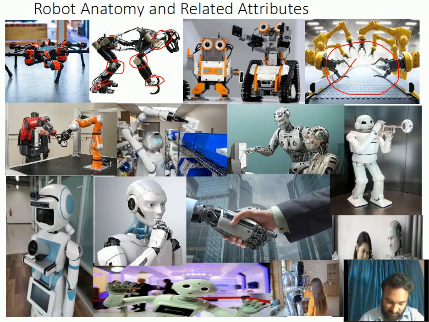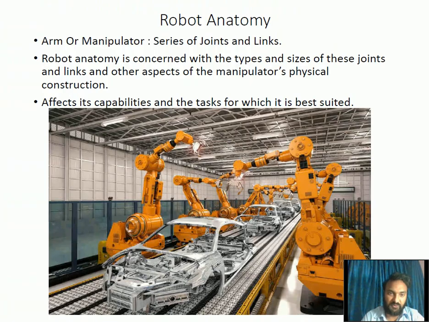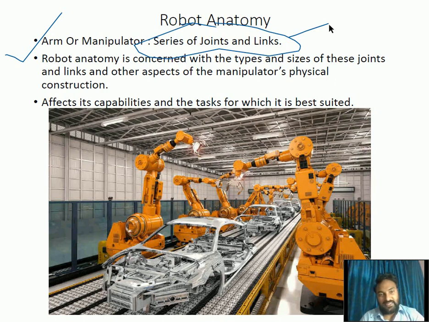We are going to discuss the various parts in the robot. In the coming slide, we will see the parts can be mainly classified in two ways. The first one is the combination. When we use a combination of linkages and joints, it becomes an arm or manipulator. This arm or manipulator is a series of joints and links. Generally a link is a rigid component, and a joint, as you know, allows some relative motion between two links. So two links will be used to make a joint.